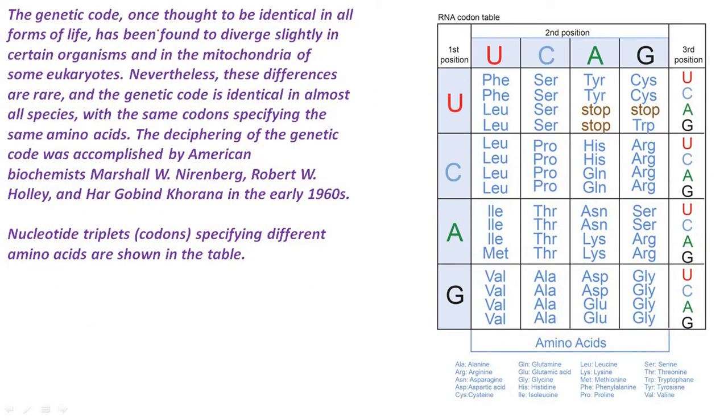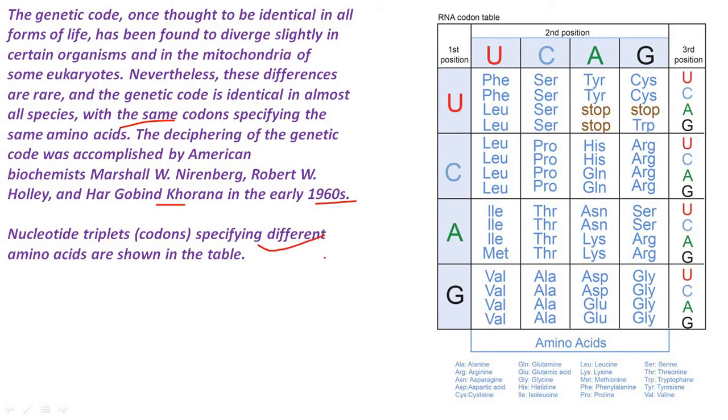So the genetic code, once thought to be identical in all forms of life, has been found to differ slightly in certain organisms and in the mitochondria of some eukaryotes. Nevertheless, these differences are rare, and the genetic code is identical in almost all species, with the same codon specifying the same amino acids. The deciphering of the genetic code was accomplished by the American biochemist Marshall W. Nirenberg, Holley and Har Gobind Khorana in the 1960s, as I said,